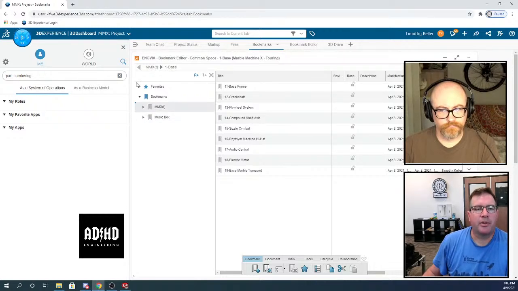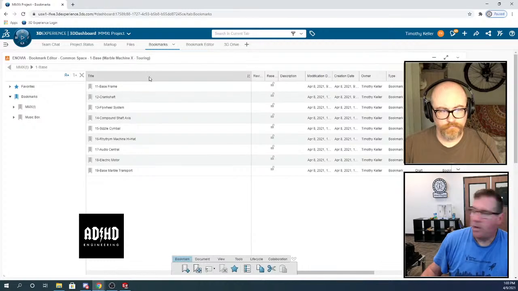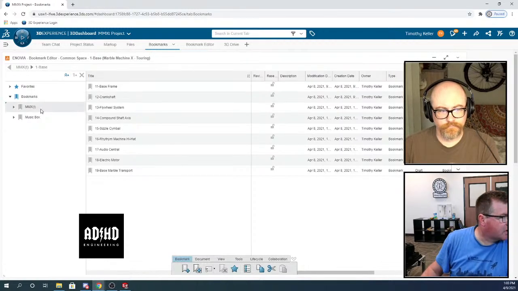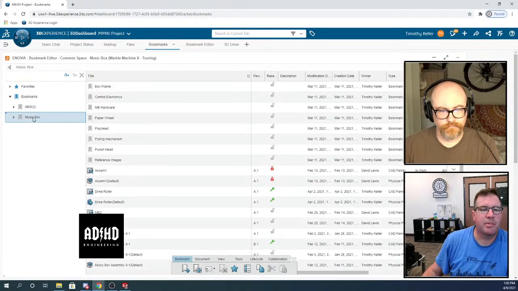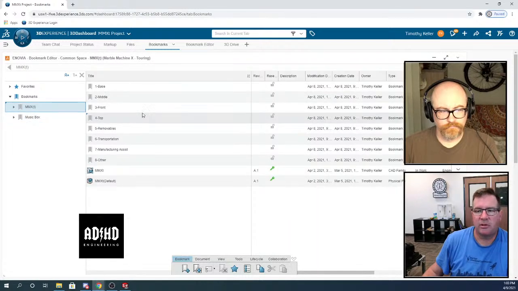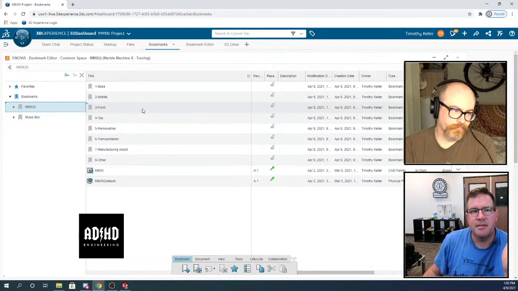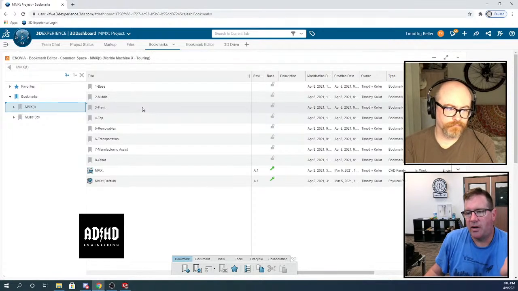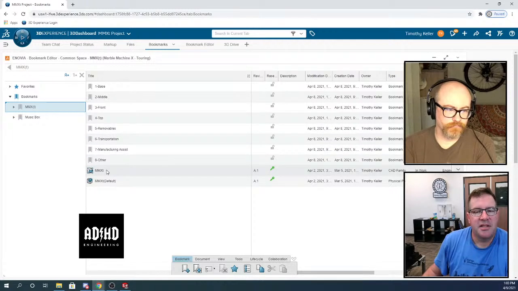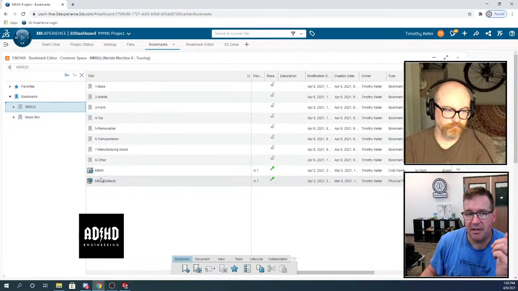When you come into the platform here, we have a set of bookmarks. We have the MMXT and the Music Box project, and these are all totally nestable. What's weird is that SolidWorks calls this their bookmarks manager, but they really intend it as the way that you browse your files. It's not just for making bookmarks. You will find this is our root level assembly, and then this is, I guess, CAD family and physical product. We still don't understand the difference between those two.